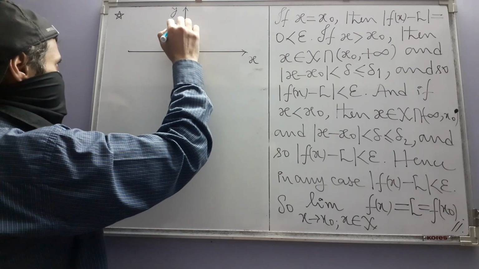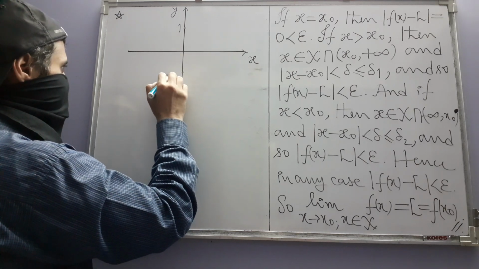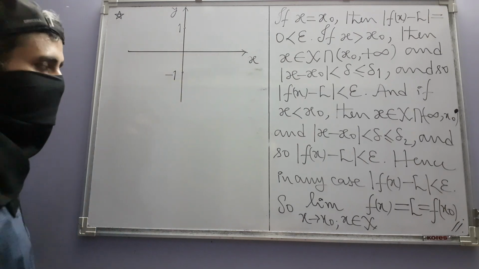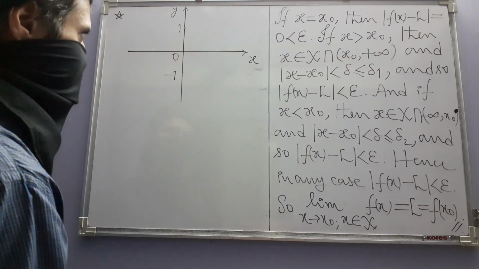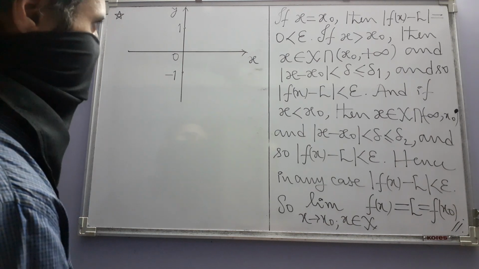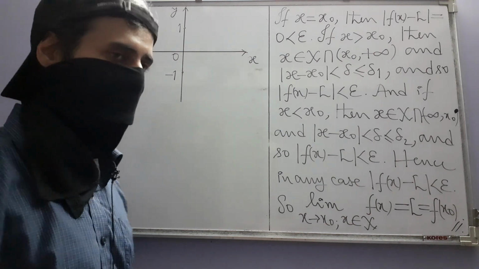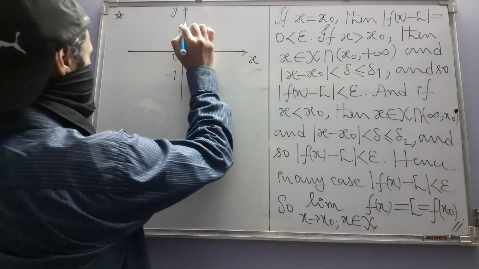So this is 1 on the positive y-axis, this is -1 on the negative y-axis, and in between we have 0. So the SGN function definition tells us that its value is constantly 1 if the input is positive,